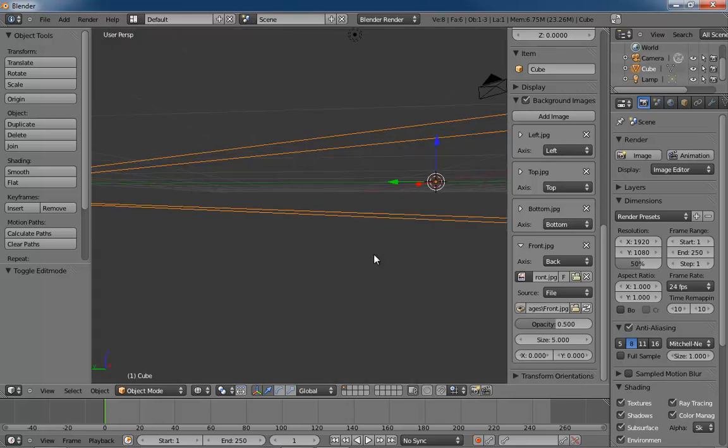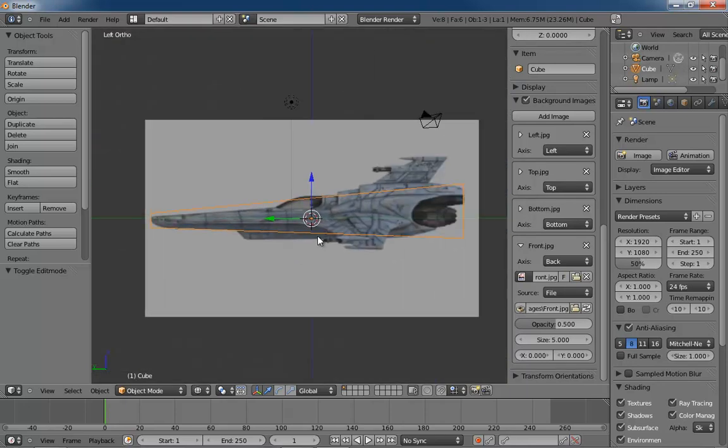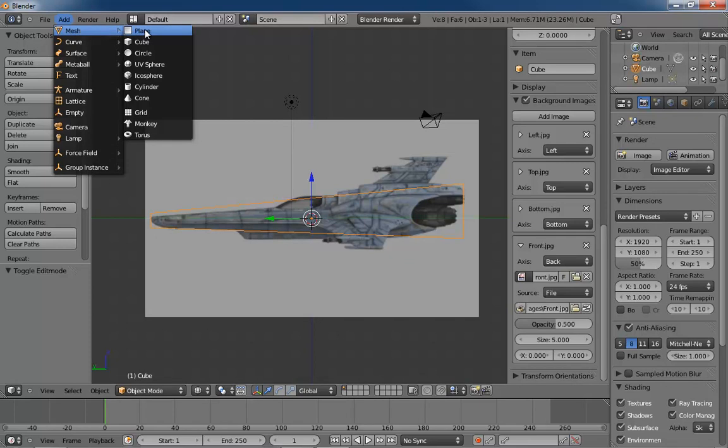So let's go back into wireframe with the Z key. Let me hit Control 3 to stay in this view, and we'll zoom out a little bit. Now, what I'm going to do is create another object. That whole tapering thing was very cool, but it was really just there to show us where we should be putting that image for the front and the back. However, it does make things a little bit interesting for figuring out where the top and bottom of our ship are going to be. So let's go under Add, and I'll bring in a new mesh,